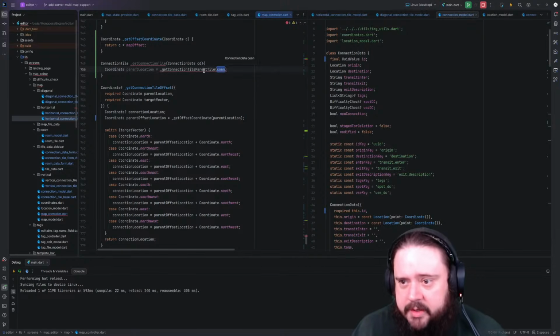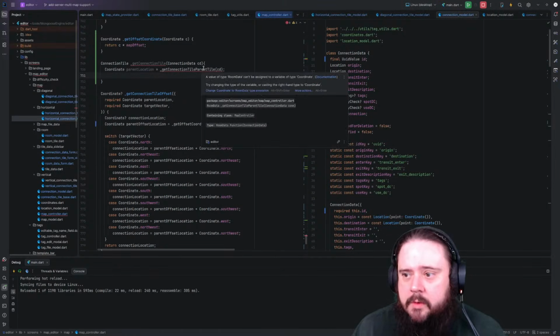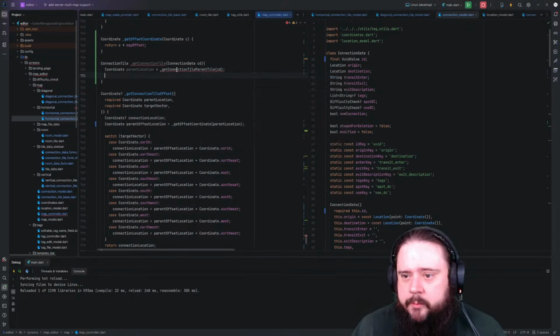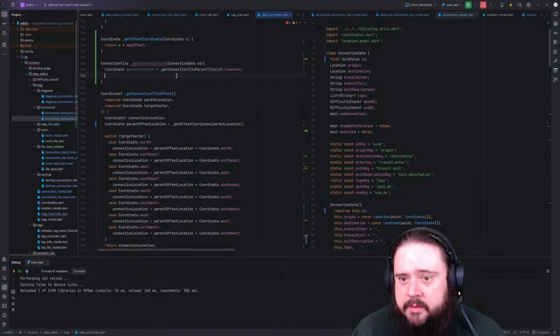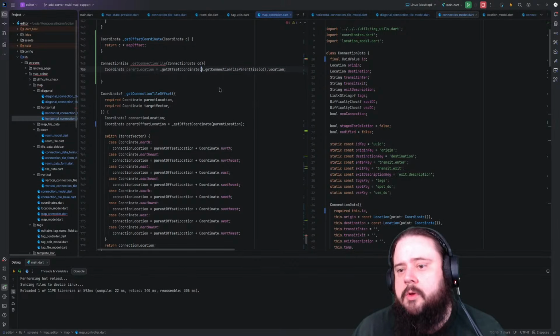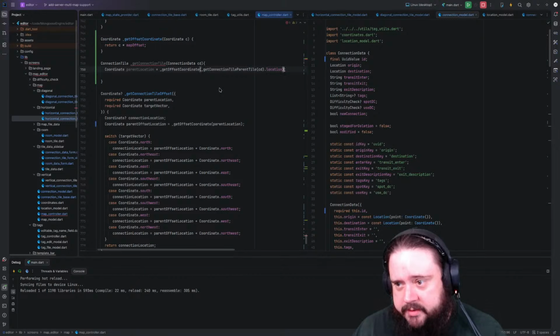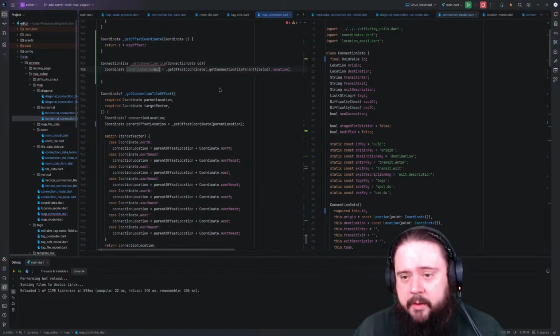Parent tile. Connection tile takes connection data. So I can do that. This is a room data, though. But I can just do that. So I know where its location is. This needs to be fed to get offset coordinate so that I can pull out my parent location with